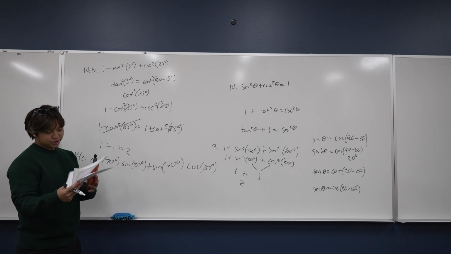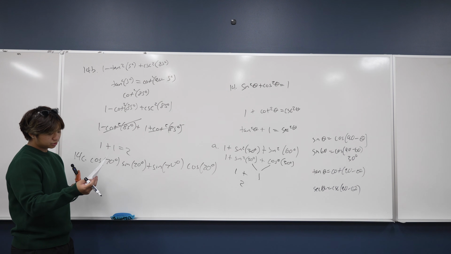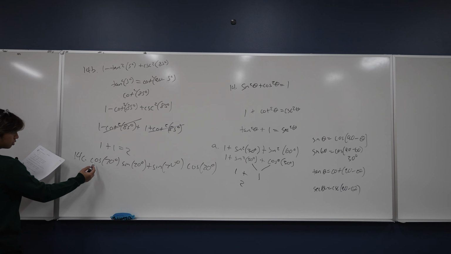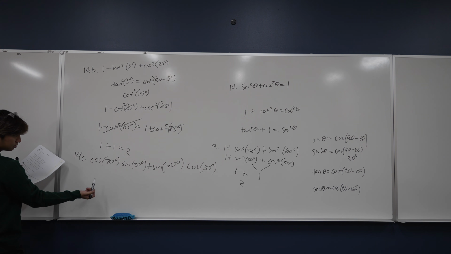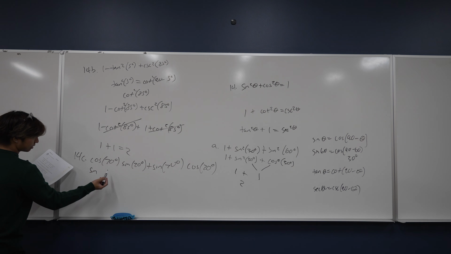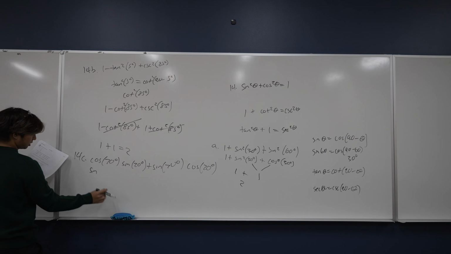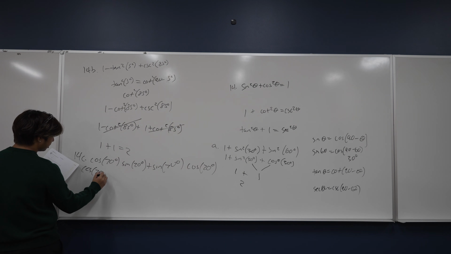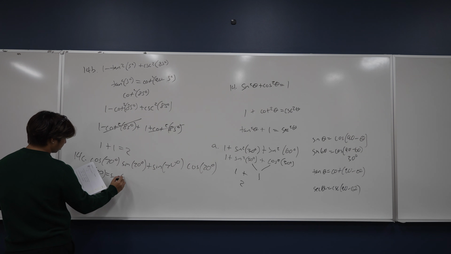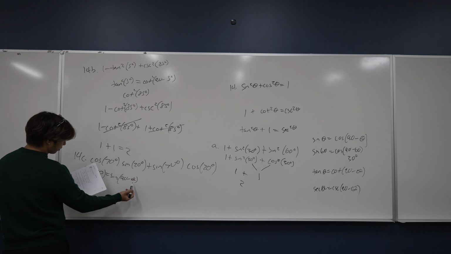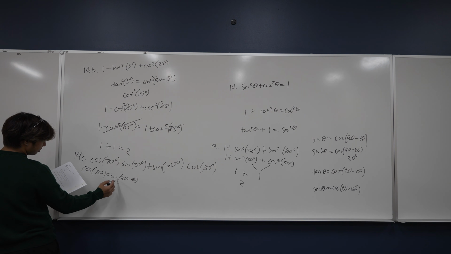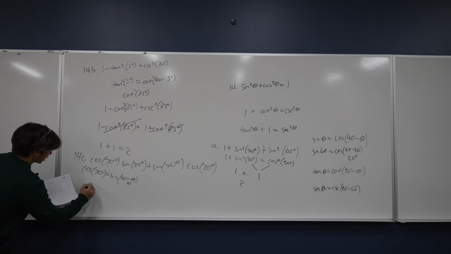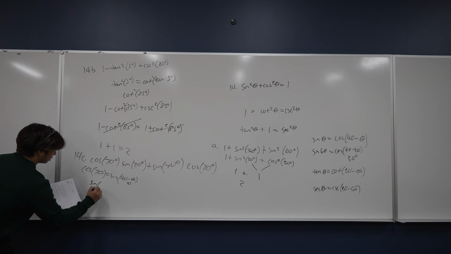So what are we trying to do here? We are trying to convert one of them into the other one. Let's change cosine into terms of sine. So cosine of 70 is the same thing as sine of 20, right? Because why? Let me write it out. So let's do cosine of 70 is equal to sine of 90 minus theta, right? And our theta here is just 70. So we have what? Sine of 90 minus 70. So this becomes 20. So we have sine of 20 degrees,